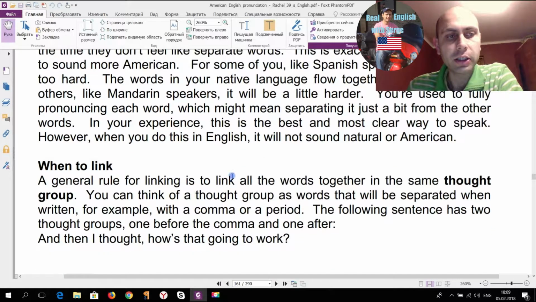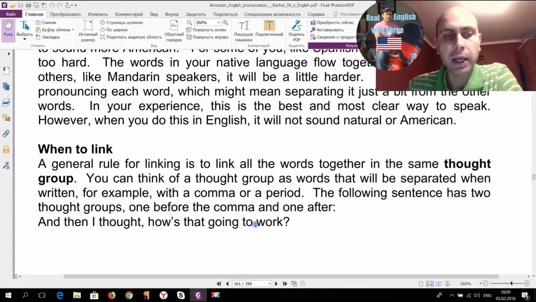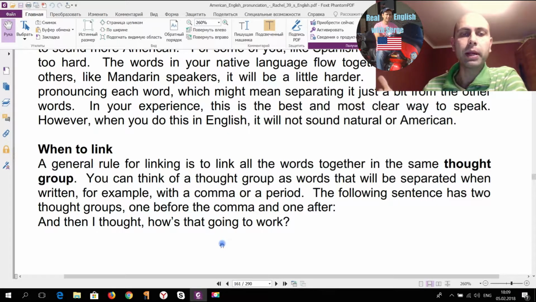So then she explains when to link words, and she says that the general rule for linking is to link all the words in the thought group. And so what is a thought group? She says that the thought group is a group separated by a comma or a period, like in this sentence. And then I thought, how's that going to work?